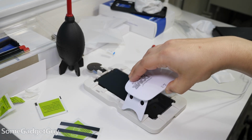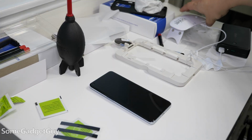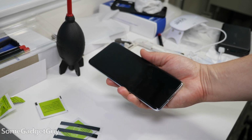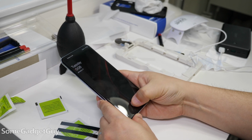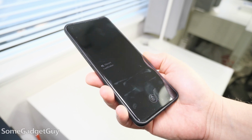Then you set up a cute little UV lamp to finish off the fluid under the glass, and voila, a perfectly applied screen protector with no bubbles or streaks or dust bits under the glass. This is the most involved process for protecting a screen, but it's also delivered the best results I've found so far. Whitestone recommends retraining the fingerprint sensor after application, but I'm happy that in initial boot up and testing, it's been working great for me, especially considering how janky the factory applied screen protector had gotten, especially around the sensor,